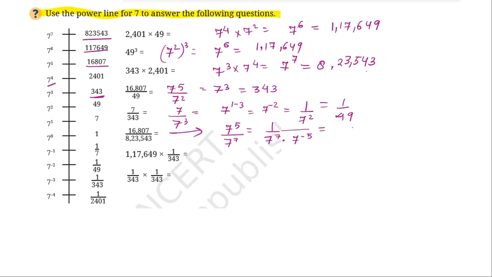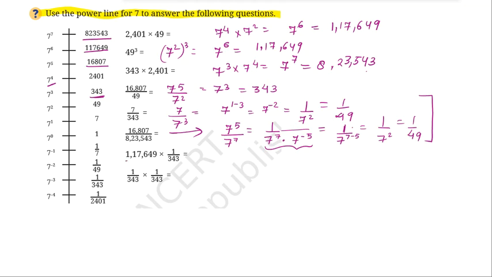ओके, नाउ दीज आर इन दी मल्टीप्लीकेशन, सो कैन वी अप्लाई द प्रोडक्ट रूल. सो 7 to the power of 7 minus 5. So 1 over 7 square, which is 1 over 49. Now I explained you this with two methods. ठीक है, तो यहाँ पे मैंने आपको नेगेटिव एक्सपोनेंट प्रॉपर्टी लगाई. पहले मैंने सॉल्व किया डिविजन प्रॉपर्टी से, फिर नेगेटिव एक्सपोनेंट लगाया. दूसरे वाले में मैंने पहले नेगेटिव एक्सपोनेंट लगाया, फिर मल्टीप्लीकेशन लगाया, राइट? आपके आंसर्स एग्जैक्टली सेम आएंगे इररिस्पेक्टिव ऑफ द ऑर्डर ऑफ द प्रॉपर्टी यू आर यूजिंग.